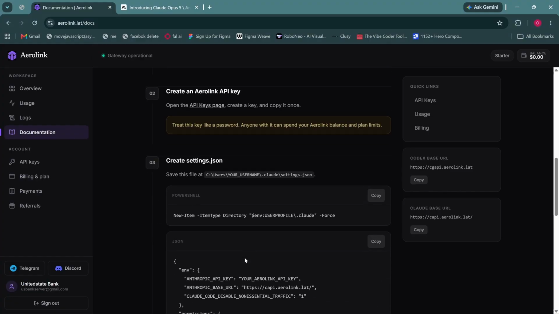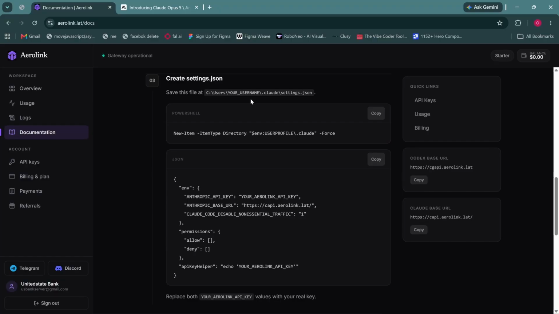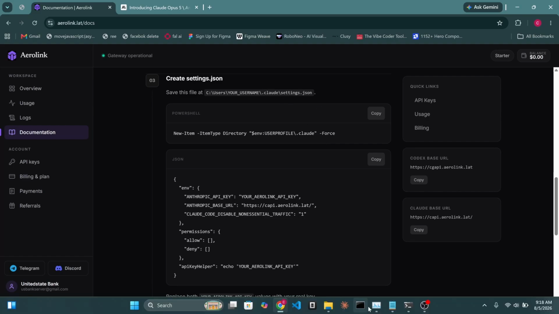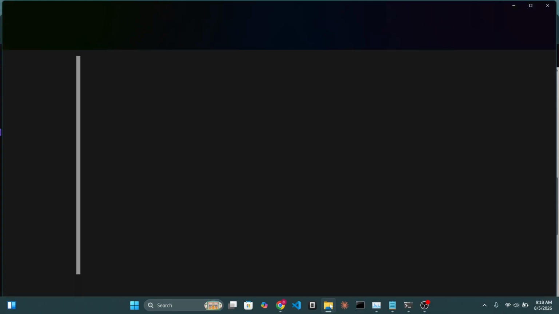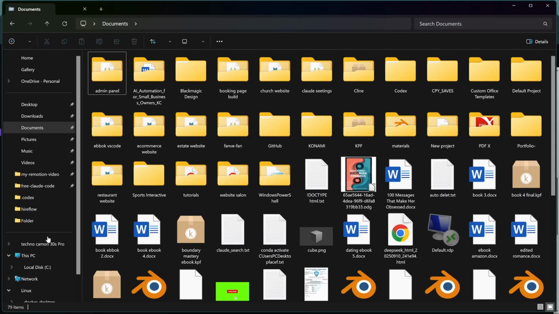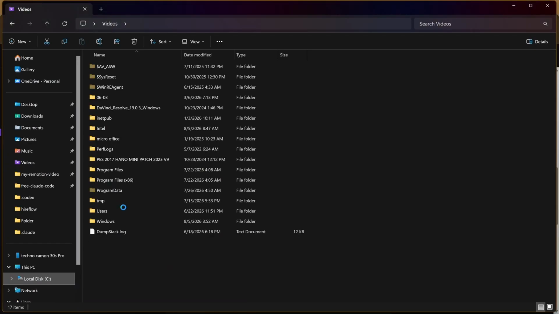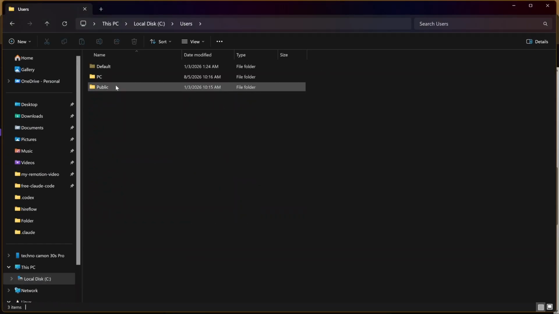So the next step is to locate where this JSON file is on our system. So you have to go to your file, open your file manager on your system, open your file manager, go over to your local, navigate to user, navigate to PC,